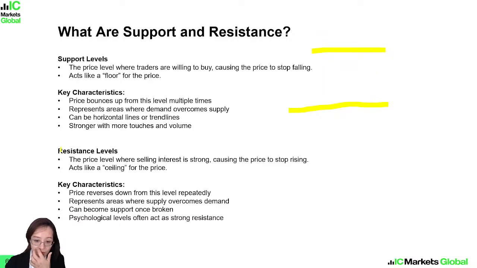And the resistance level is the price where the selling interest is very strong, causing the price to stop rising. They act as a ceiling for the price. So this is resistance, then this is support. You can look for price that bounces up from the level multiple times. So basically, for the support, let me just